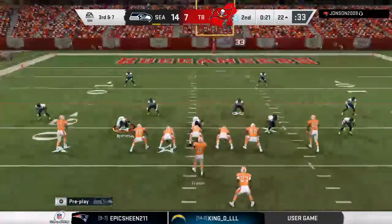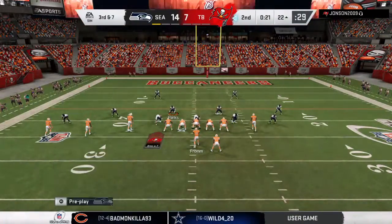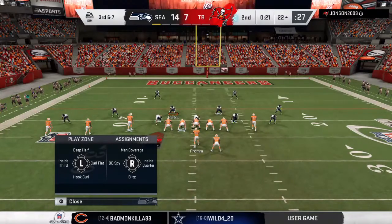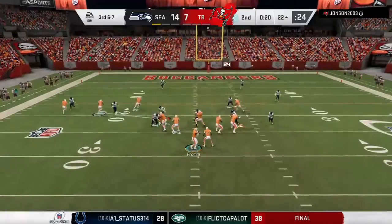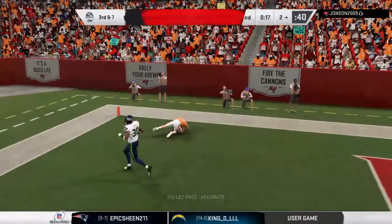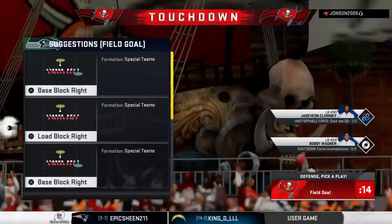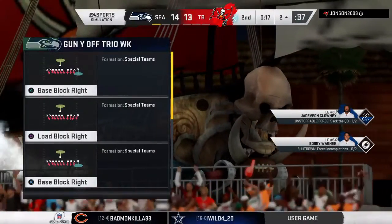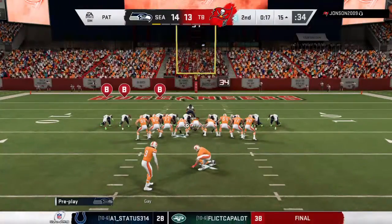Here's play number 7 on the drive. This is 3rd and 7. Check back. Ready. He'll drop the throw. And he's got it. Caught in the end zone. Touchdown, Tampa Bay. Brashad Perriman, as the first half is winding down, as they are an extra point away now